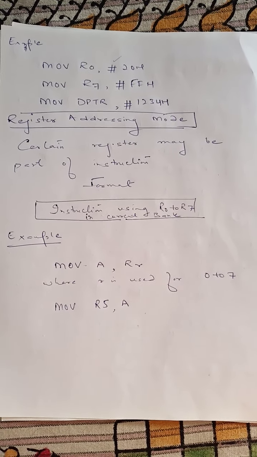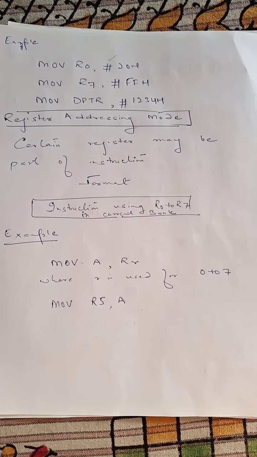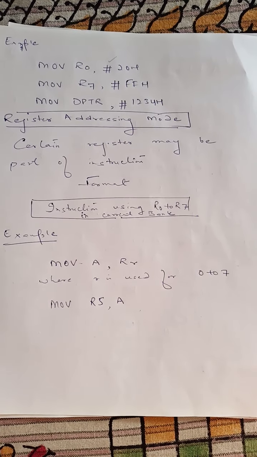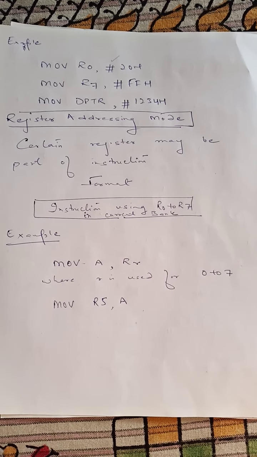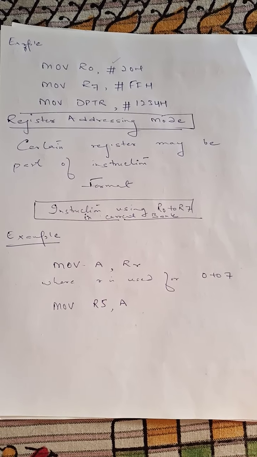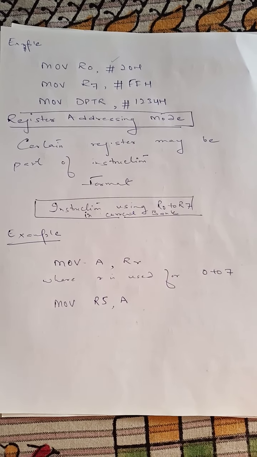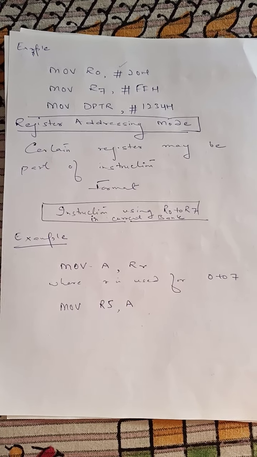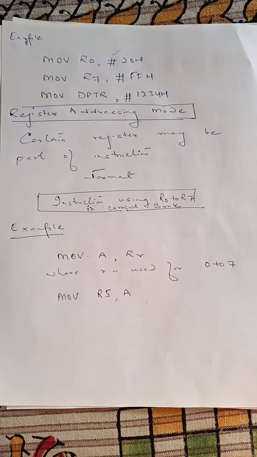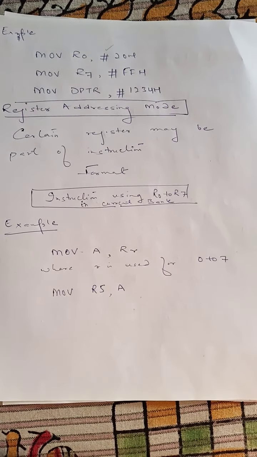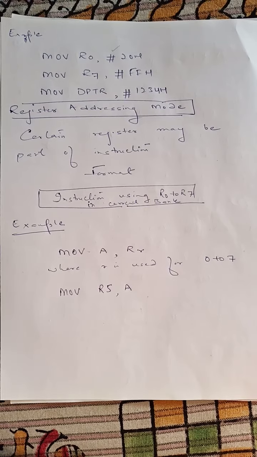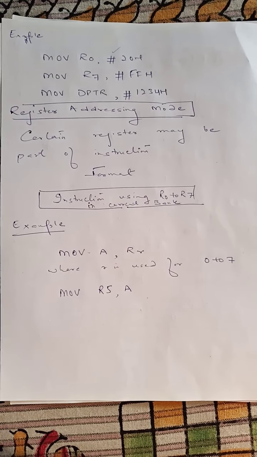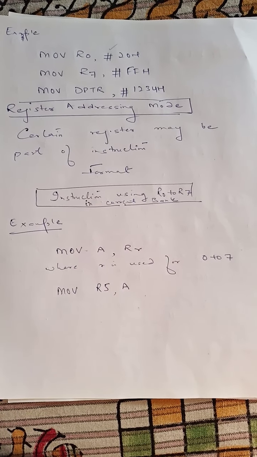Like in case of 8085, we were using an instruction that is MVI A, 20H. That is, we want to say that 20H data is stored in the accumulator. Here in this case, when we talk about MOV R0, #20H, we say that 20H is the data which is to be stored in R0, and by default we are talking about register bank 0. Otherwise, we have to just select bank 1, 2 or 3. Similarly, we can take any other example, that is MOV R7, #FFH, or MOV DPTR, which is a register, and a 16-bit data is stored in this register.